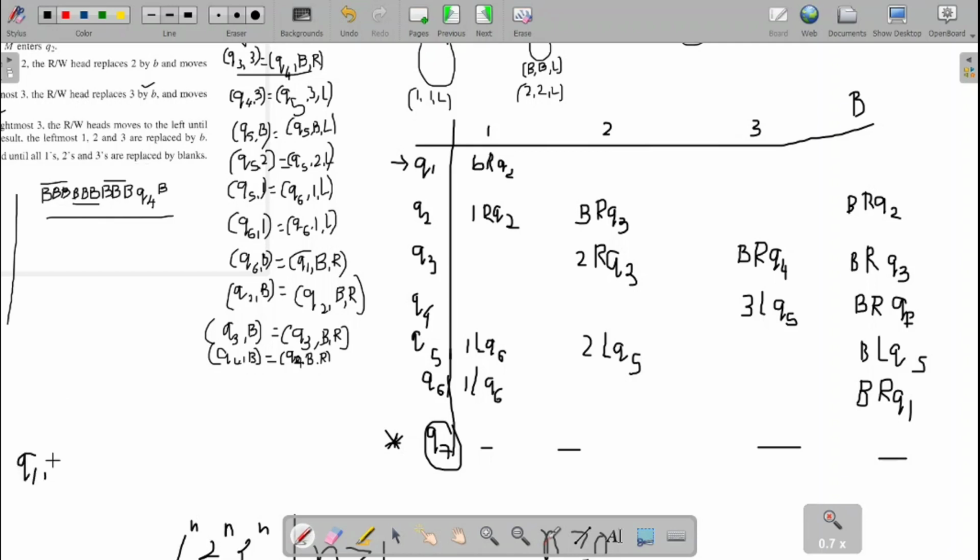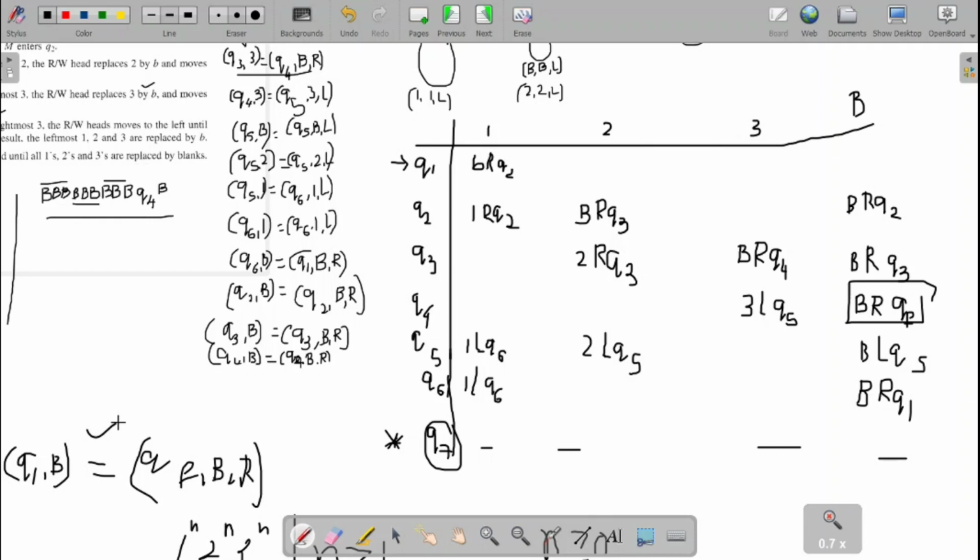Q1 directly on blank: if nothing is there, then I need to move to the final state. The final state will be QF, blank as it is, have the right move. This will be done in place of Q4 on blank. Along with this one we will define even this one, that is, Q1 on blank we will go to our final state. So this is how we design the Turing machines.